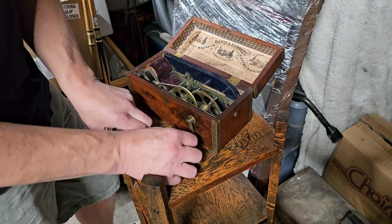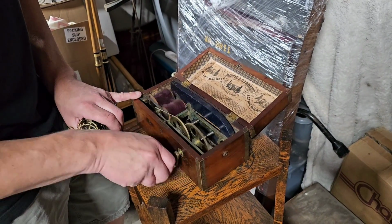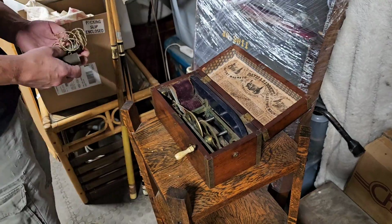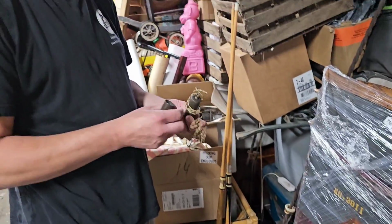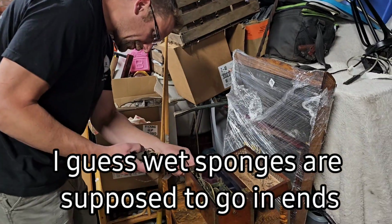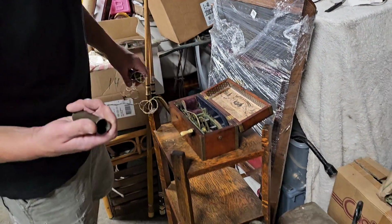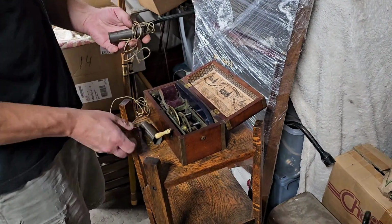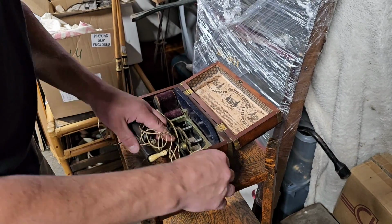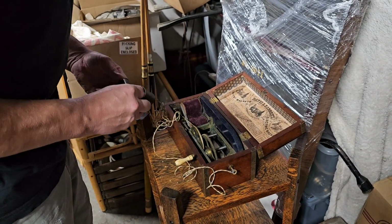Okay. So I'm assuming this creates a spark. It creates electricity. But somehow this gets hooked up. Let's see here. Assuming this is going to go in here. Okay. And then this one goes in here. Alright, Mike. Connect the two